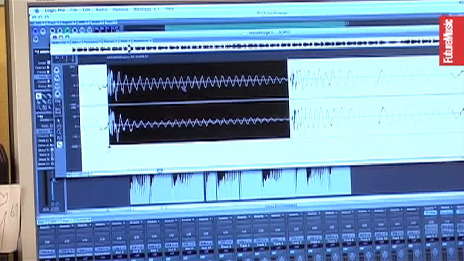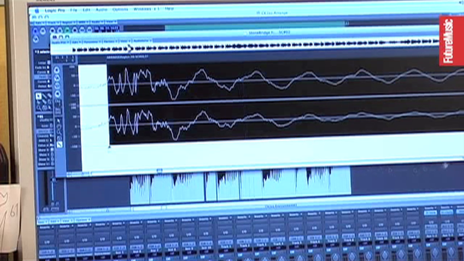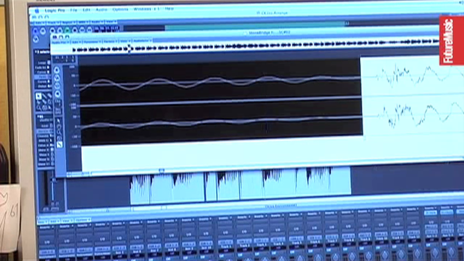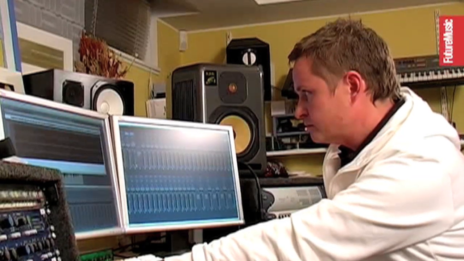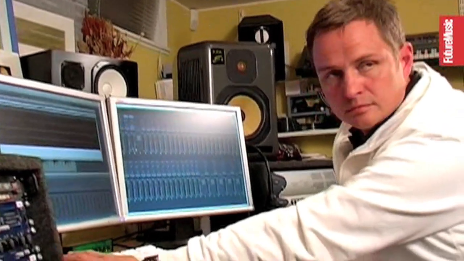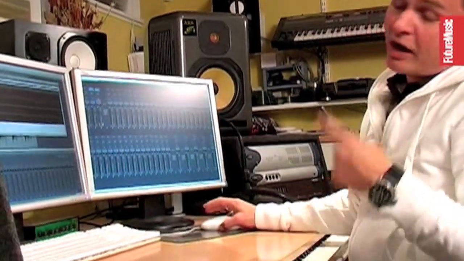At least the little distortion thing disappeared. I don't know why it takes, I think it caches the sound, and it takes a couple of times before it disappears. Now it's almost gone.